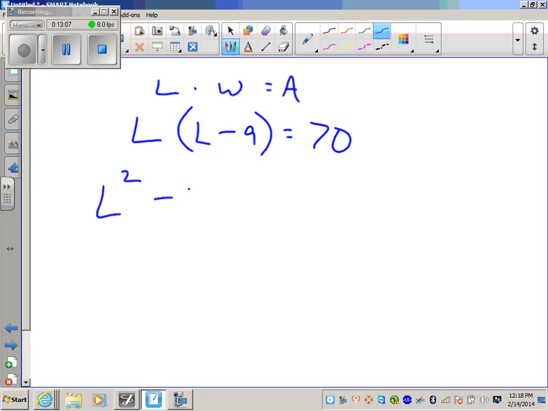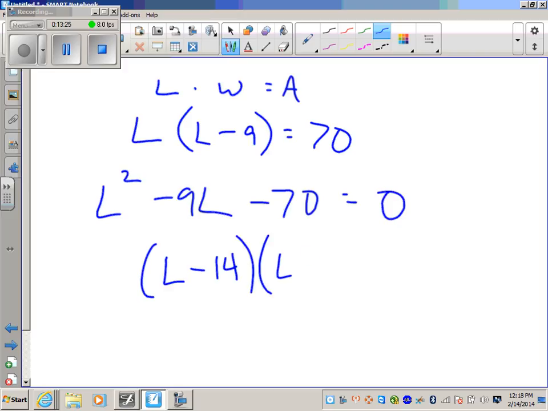L squared minus 9L minus 70 equals 0. Factors of a negative 70 that give me a difference of negative 9. 14 and 5. So L can't be negative 5. So if I plug in L here for my width, 14 minus 9,